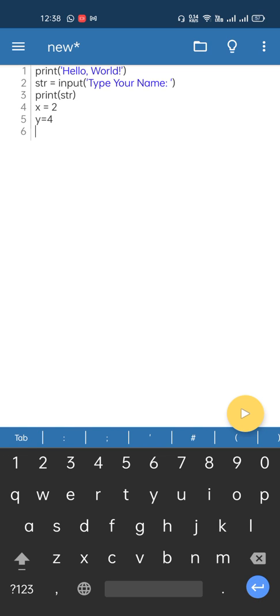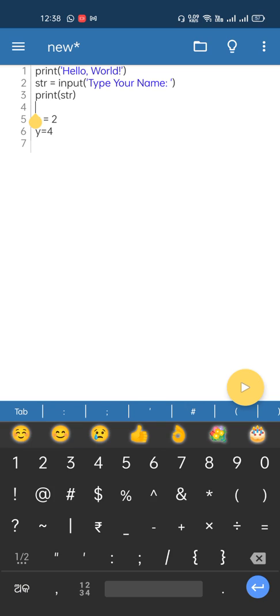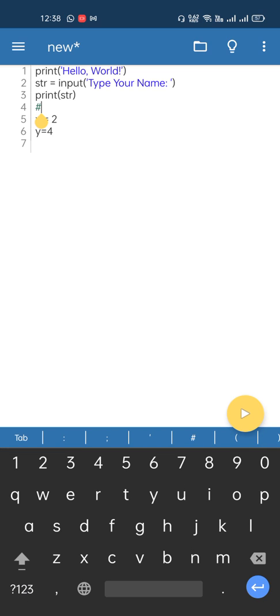Okay, I'll add those numbers. So I'll write here, addition of two numbers. This is a comment line, and you should make a practice of using these comment lines.